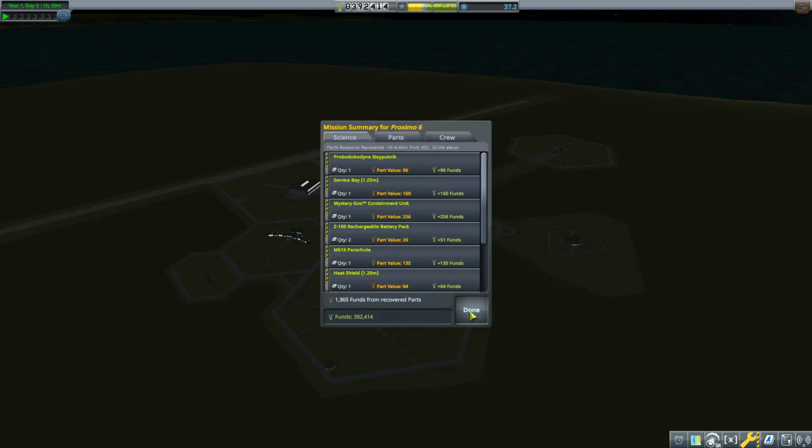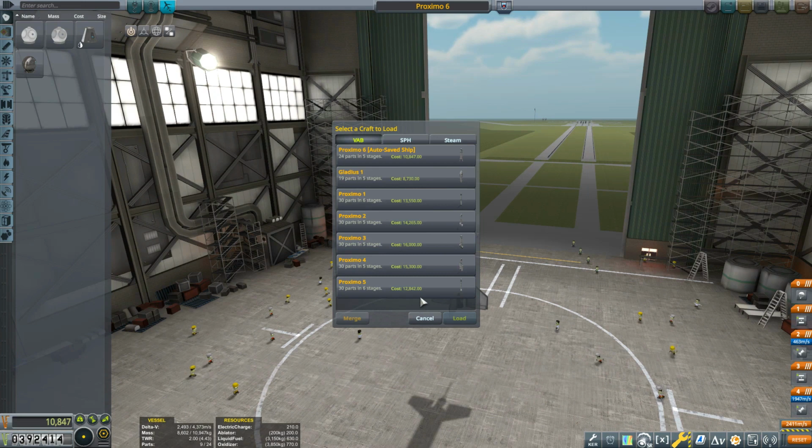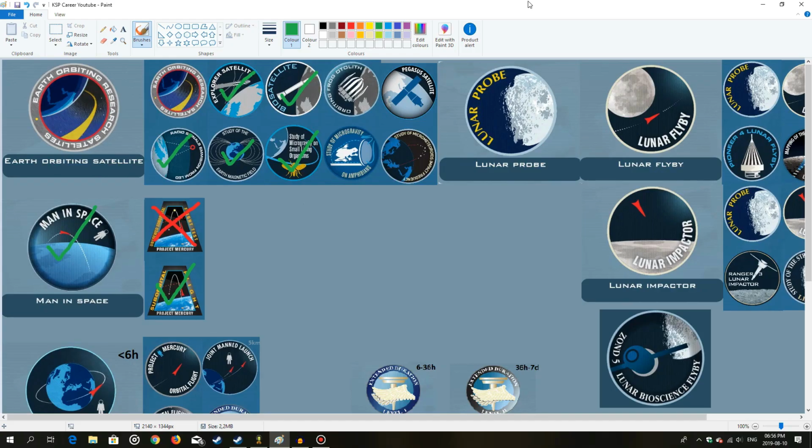Next, and we got 1,300 back. I just want to make sure we saved this one. No, we did not, so I was right. Save. Okay, so I'm going to leave here again. Just look back at our screen. So now we can mark off the frog otolith and the study of microgravity on amphibians, which would be